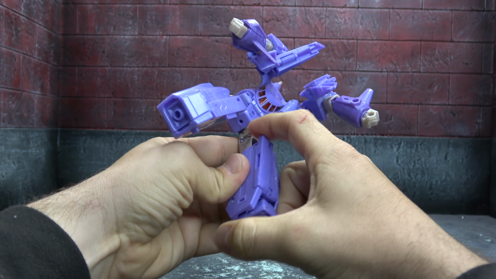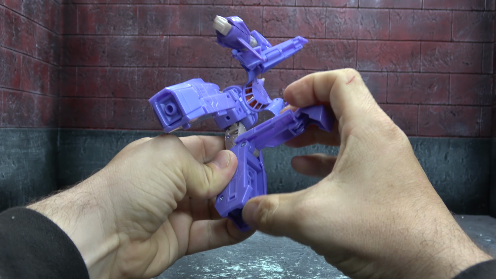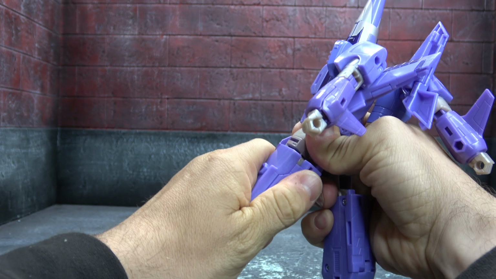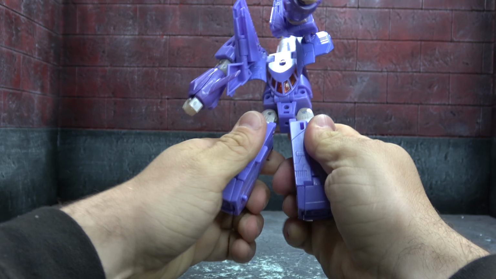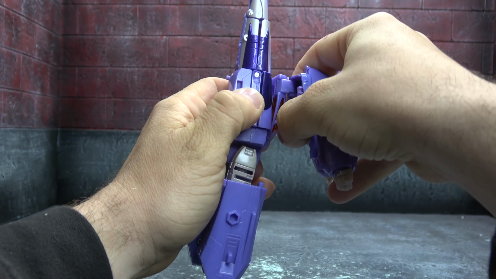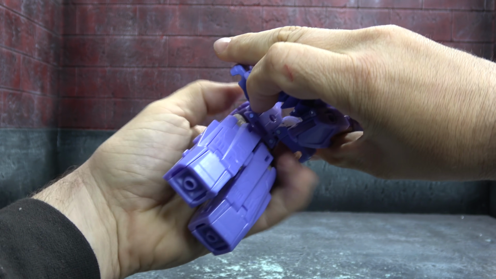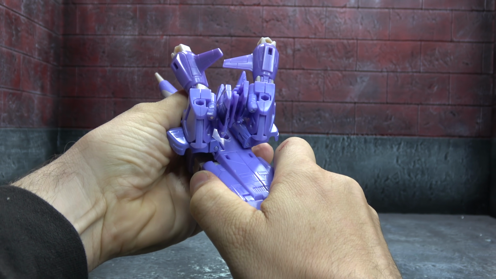Same for this side. Open up, fold out, fold in, close up, and then rock the legs in. Now, you can spin this entire, oh, nope, wait, let me make sure. Yeah, spin this entire section with the orange translucent around, tab in your legs together, and then tab them into